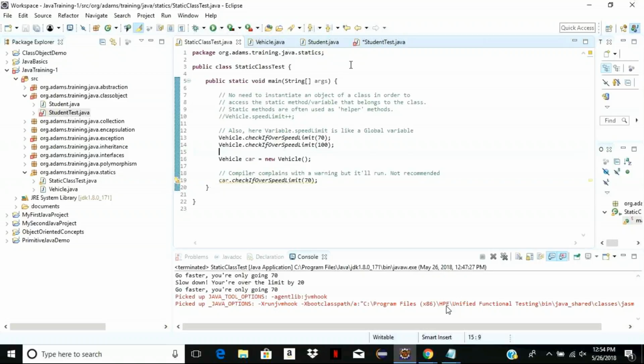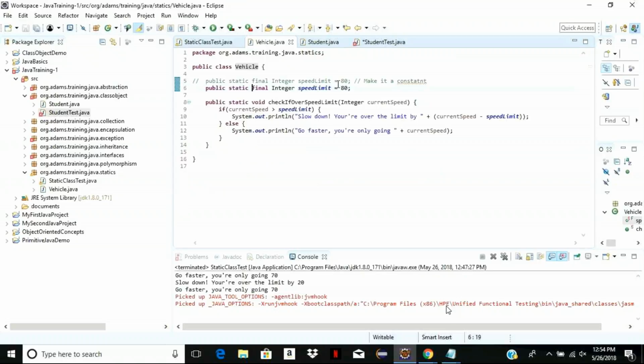You can have something like that. Okay, if you go to vehicle, get to vehicle again. As you can see, line number 60: slow down, you're over the limit; go faster, you're only going 70, current speed minus speed limit. See that, line number 10. Okay, if current speed is speed limit, so in this case you can use a value that is